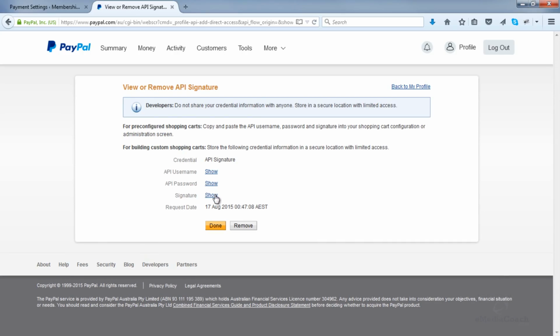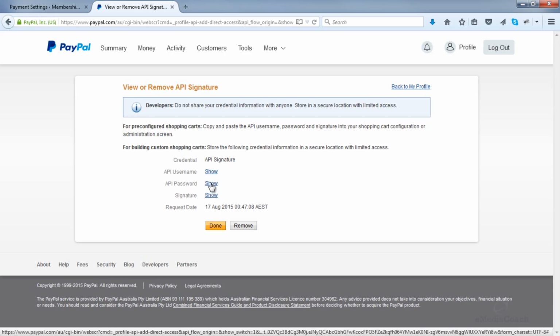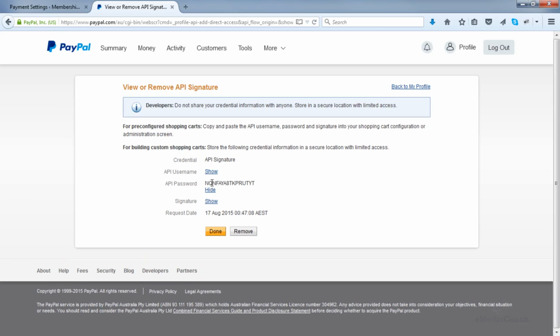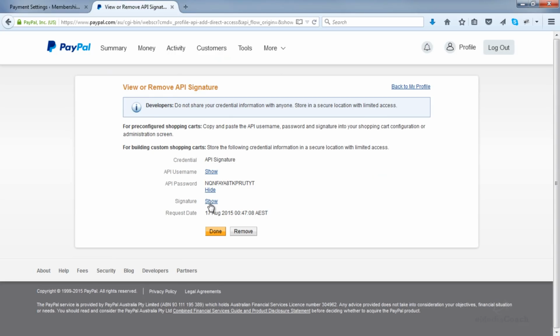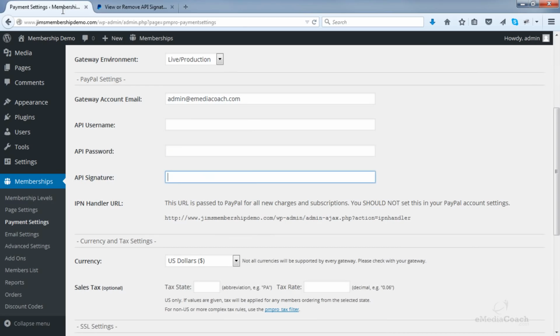Now the information here when I click show is actually confidential. It's not something I should be sharing, and neither should you, but I'll give you an example here. So when I click show here, it gives me my API password, and that's one of the fields I need here. So basically we've got three pieces of information, our username, password and signature, and that's these three items here. So just click show on each one and copy and paste into this screen here.